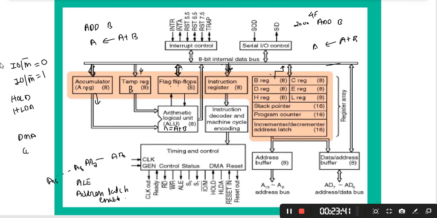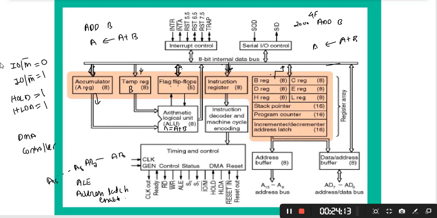The DMA controller will borrow the buses from the microprocessor, and through these buses it can do fast data transfer between two devices. Whenever it requires the buses from the microprocessor, it will assert a hold signal equal to 1. When the microprocessor sees the hold signal equal to 1 and is ready to give the address bus, data bus and control bus to the DMA controller, it will give the HLDA signal to the corresponding DMA controller.